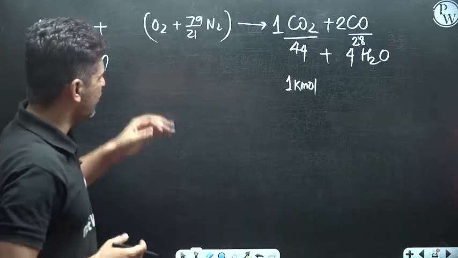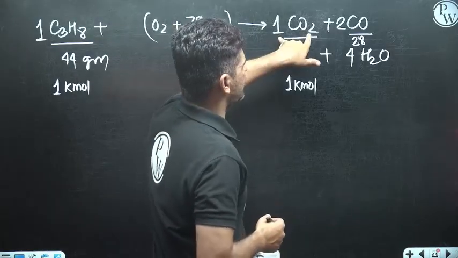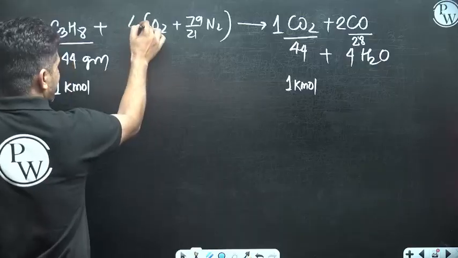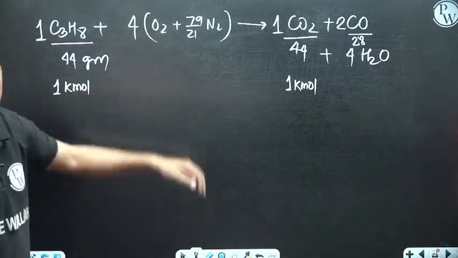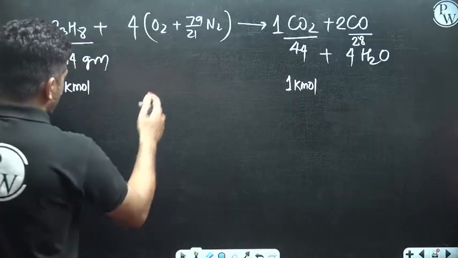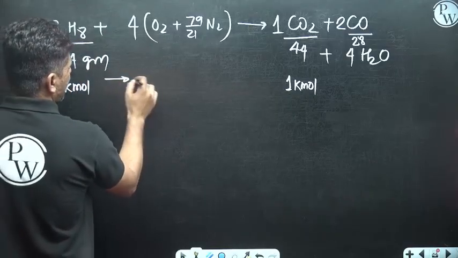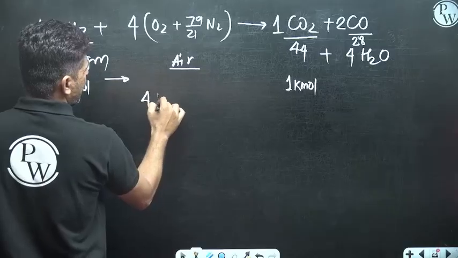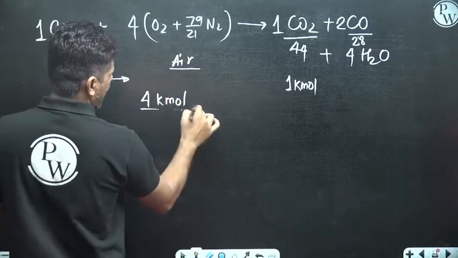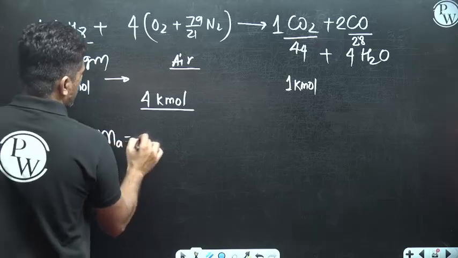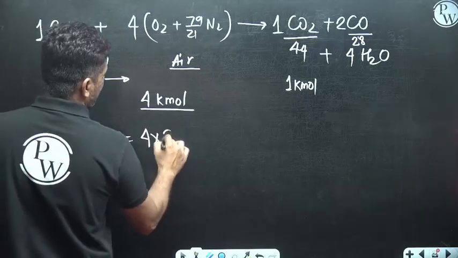Okay, so now we can go for balancing of oxygen. There are 2 plus 2, 4 plus 4, 8. So you have 8 atoms. So there will be 4 kilomoles of oxygen used. So you see that for 1 kilomole, the air that is used is 4 kilomole. And when you have 4 kilomole of air, mass of air will be equal to 4 multiplied by